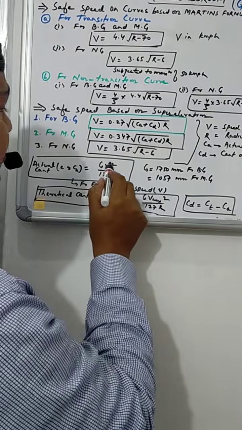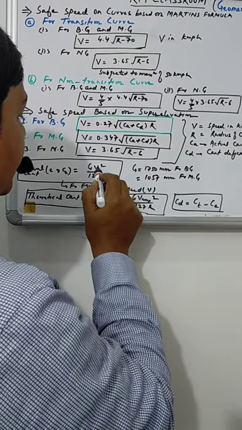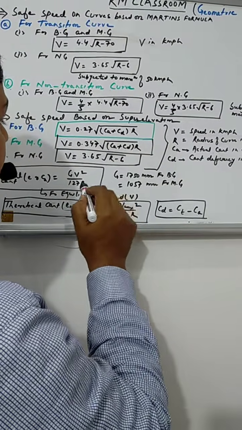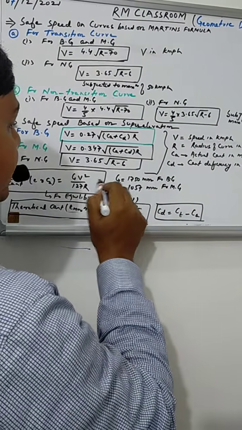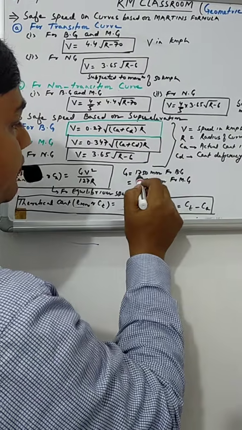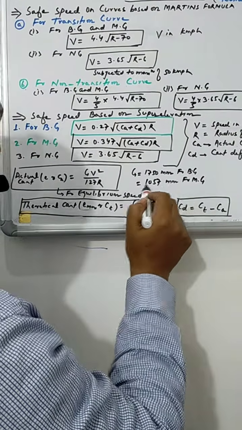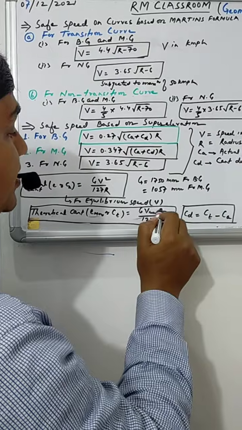where Ca is the actual cant, can be computed by this expression, that is GV square by 127 into R, where V is the equilibrium speed in kilometer per hour, R is the radius of the curve in meter, and the value of G can be taken for broad gauge 1750 and for meter gauge 1057. Similarly, theoretical cant can be computed by V max square divided